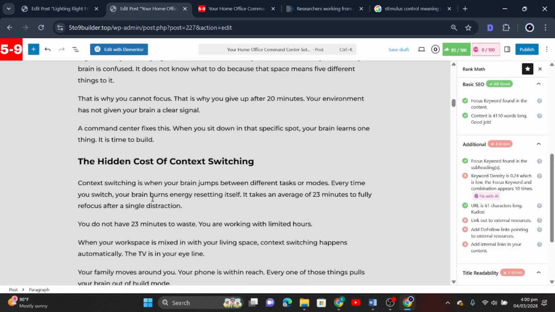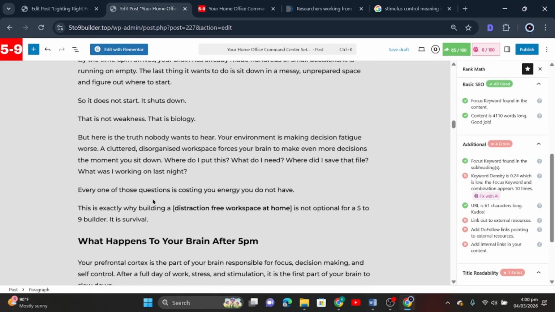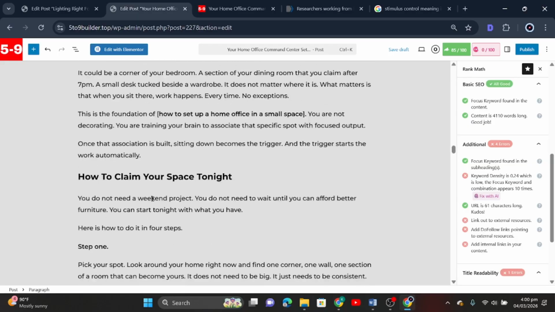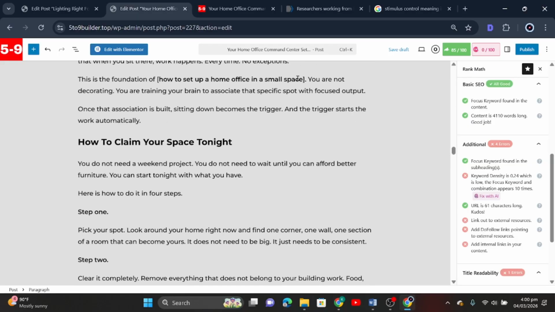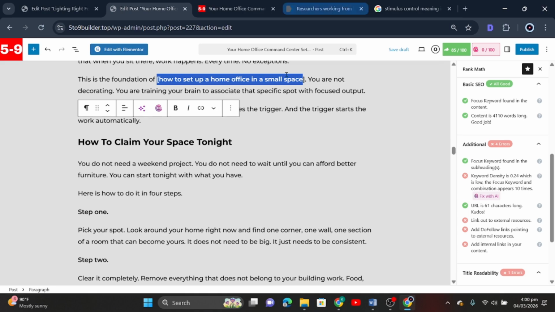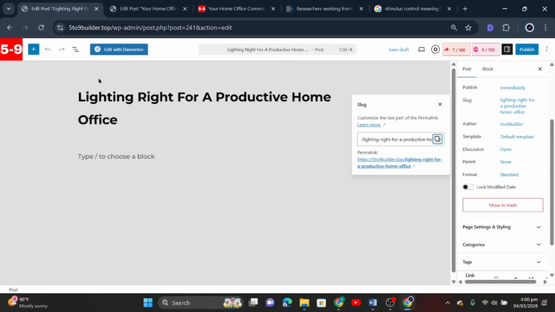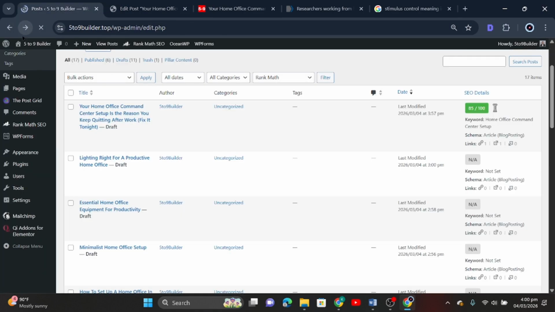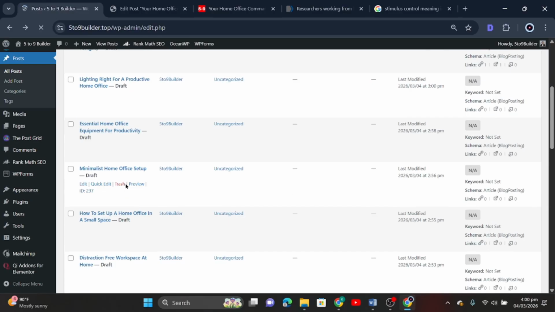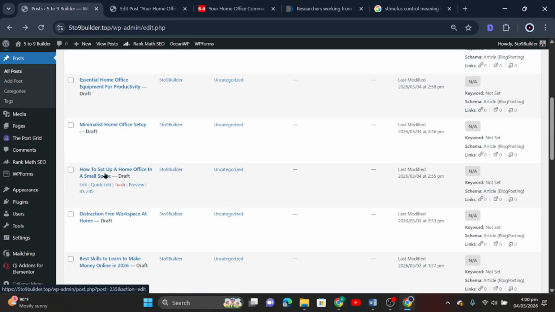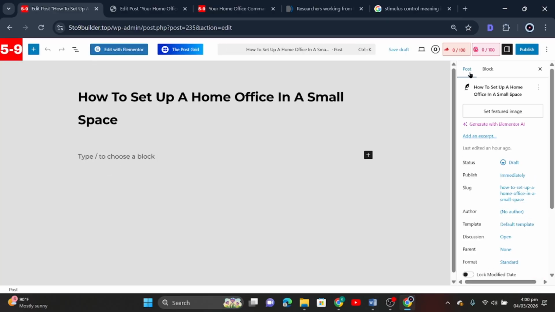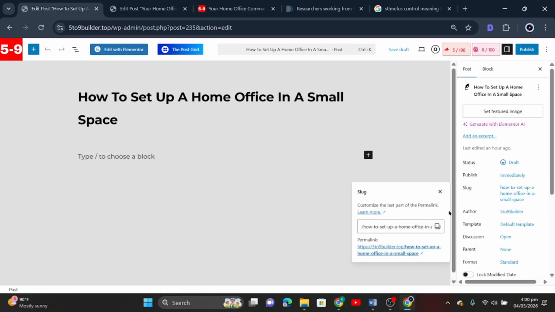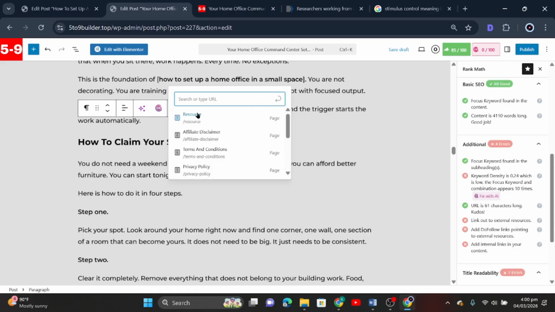I should have more of them linking inside. So let me see if I can get another one to link to. I have how to set up a home office in a small space. This is another article I can link to. So I come here. Okay, so in a small space is here. I'll just click it, open it, go to post, slug, copy this, and then